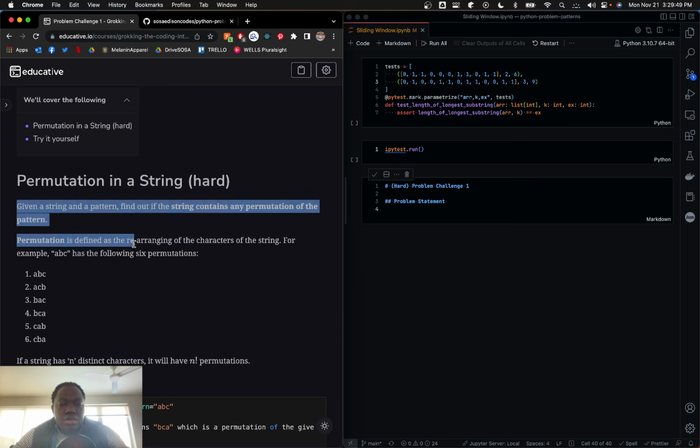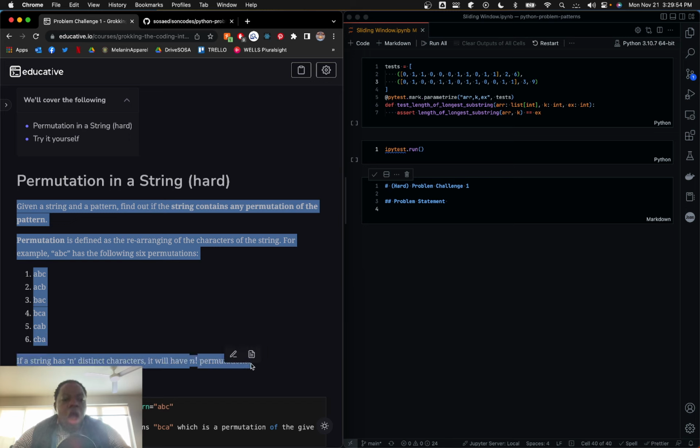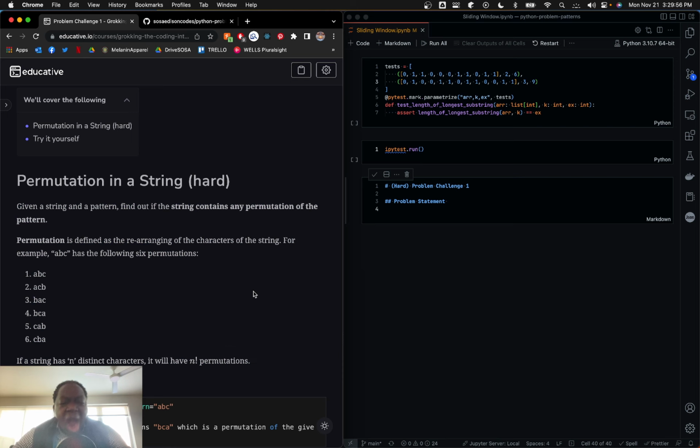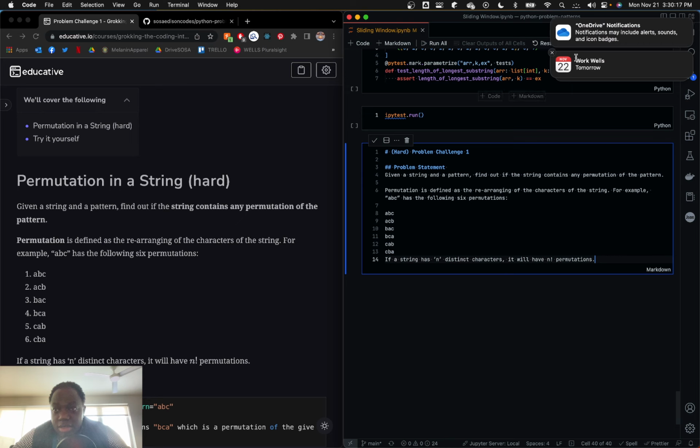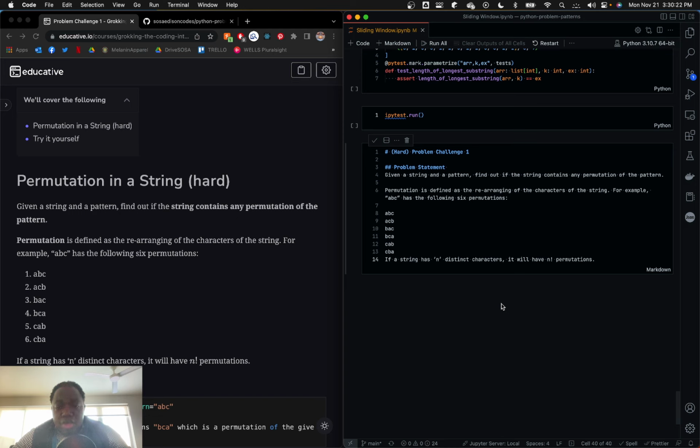rearrange the characters in the string, which have a label. Okay. This looks... Wait, what? I don't want that double pasted. Why did those notifications come through? Anyway,